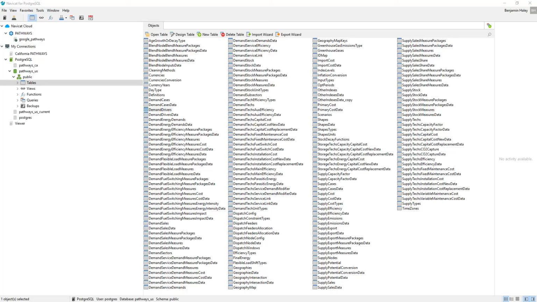Hello, and welcome to a tutorial on editing demand drivers. Demand drivers are the underlying macroeconomic links to our energy service demand. So demand drivers, as we click on the table here,